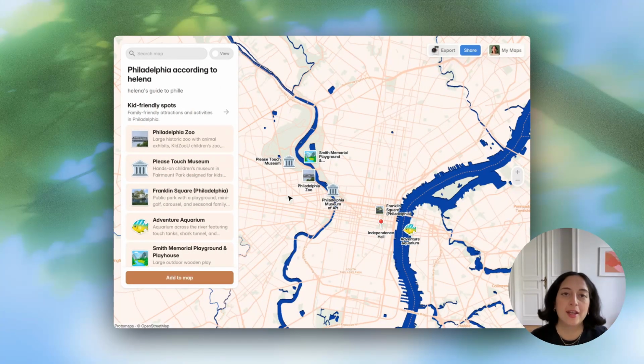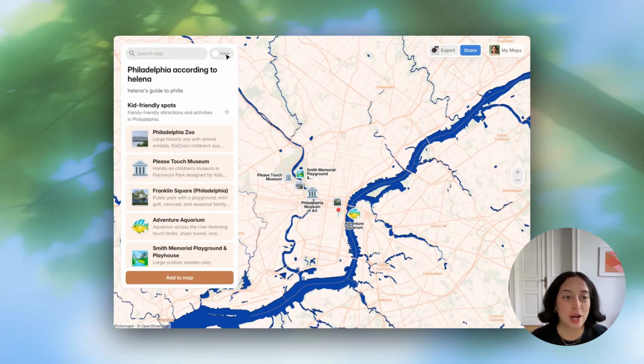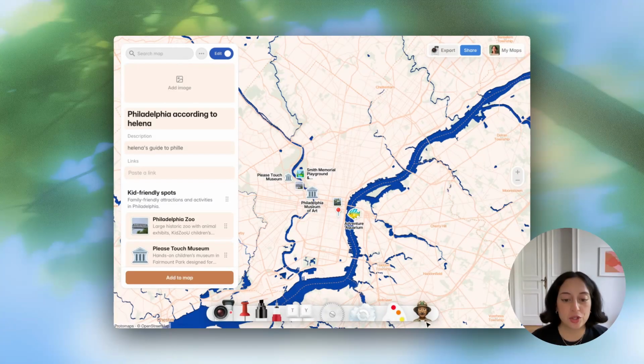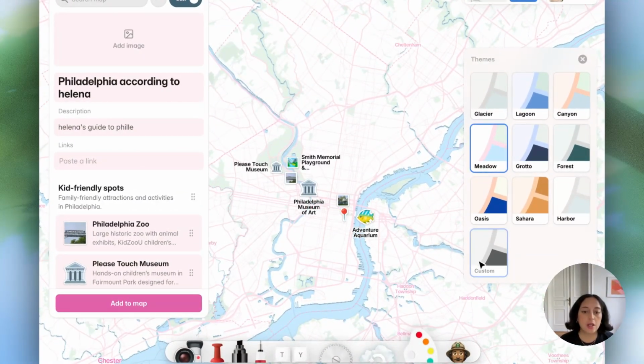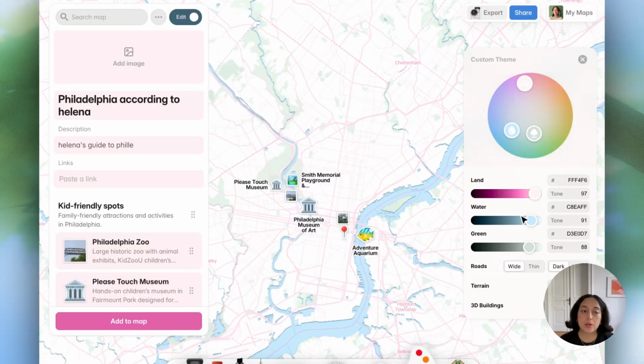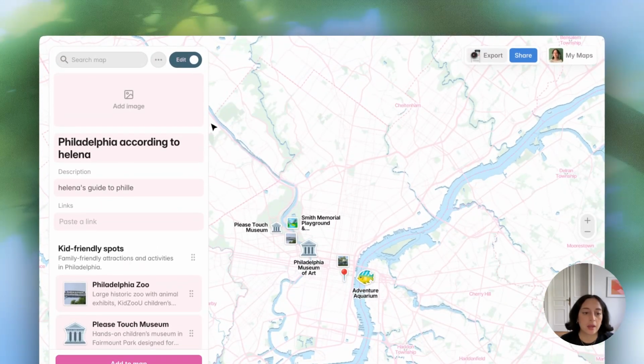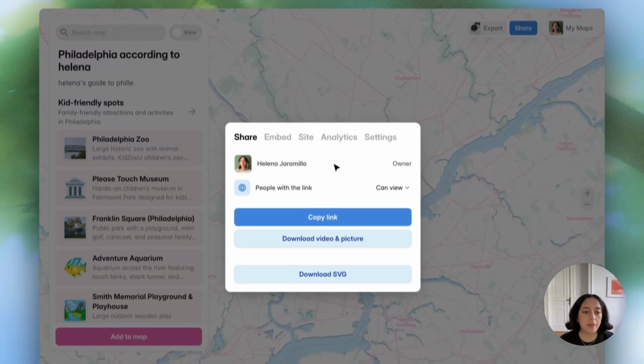All right, so once we're ready to share our map, well, I guess before you share, you can customize it in a bunch of different ways. So you can change the color, and if you're on a paid plan, you can also do custom colors as well. Let's say we're ready to share it. We'll click share, and